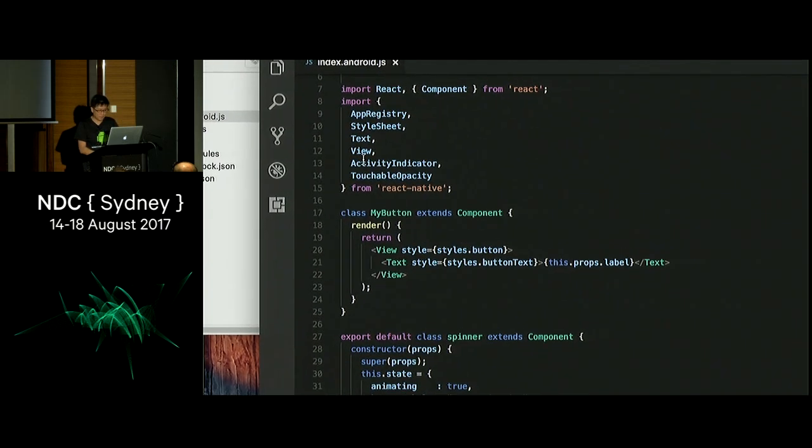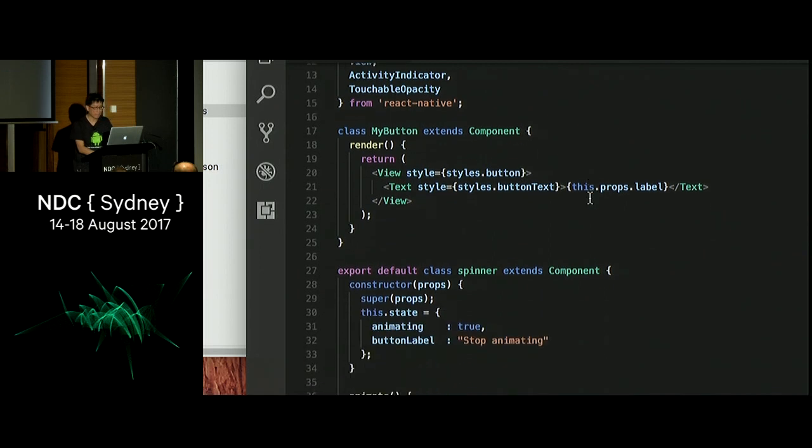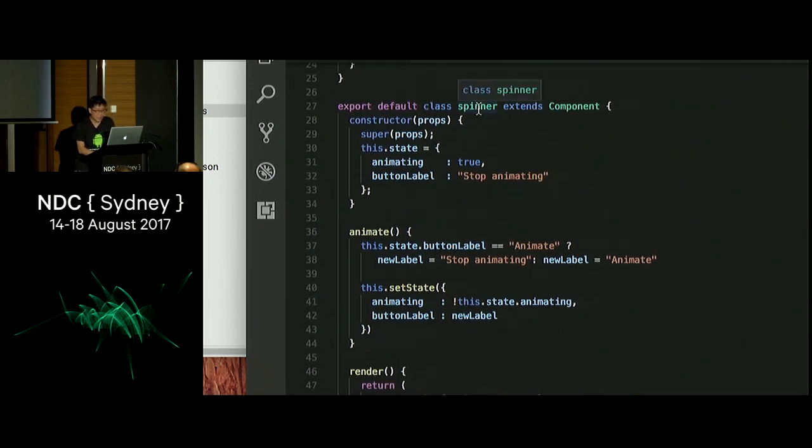It's pretty simple. I have a button called my button. My button basically draws a view with a text, and it displays a label. Essentially, this is my custom button, and my custom button is called my button. Quite a lame name, but you know. So in the main page for my application,